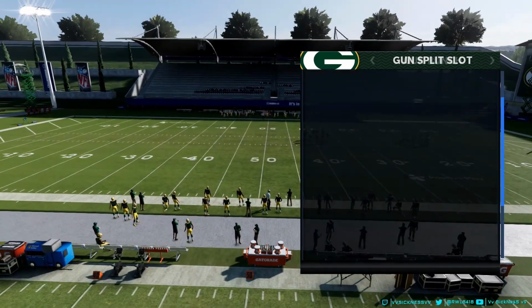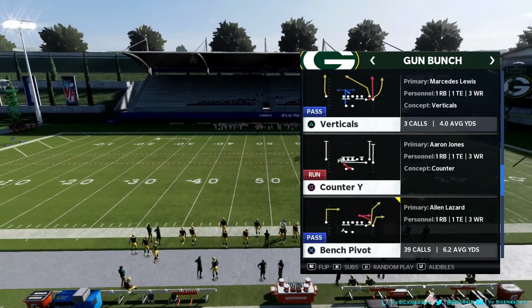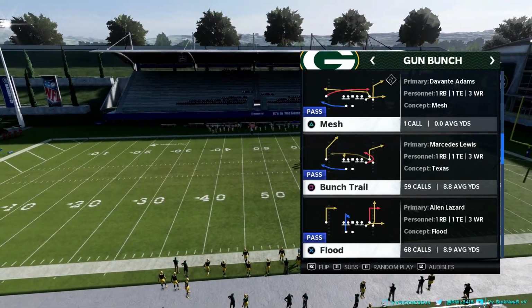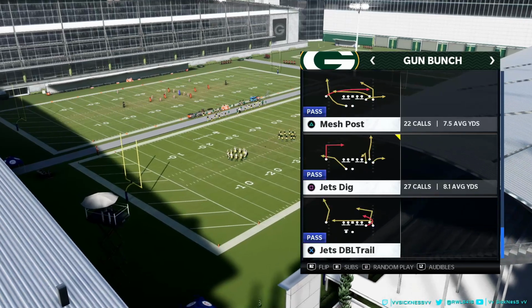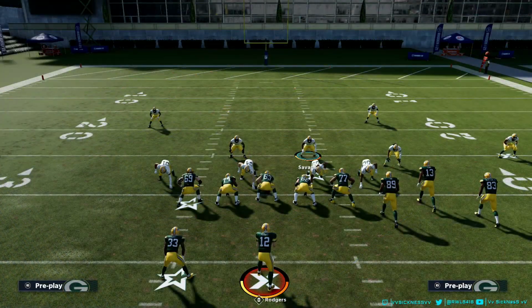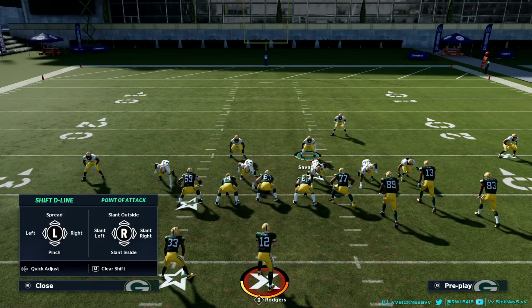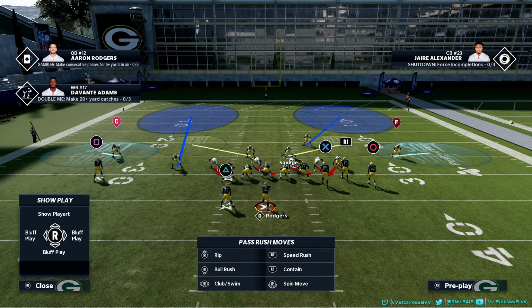Just to show you this, we're going to come out with a bunch. We're going to start off with nobody blocking. So with nobody blocking in bunch, you can run this basically the same way. You're going to show blitz, right? Now here you're going to crash your defensive line to whatever side you want the corner to